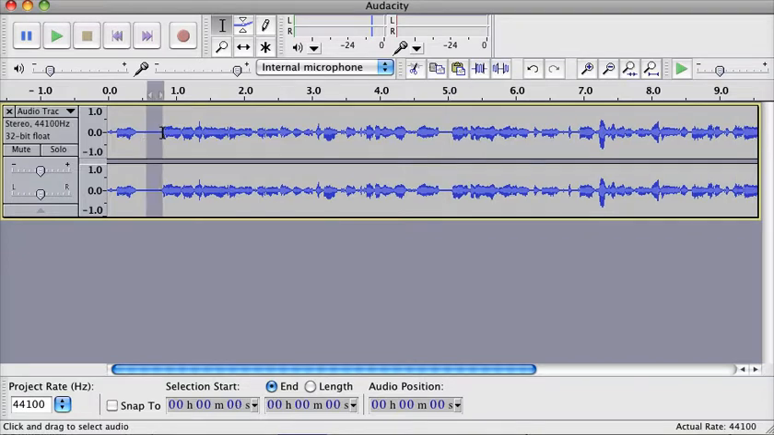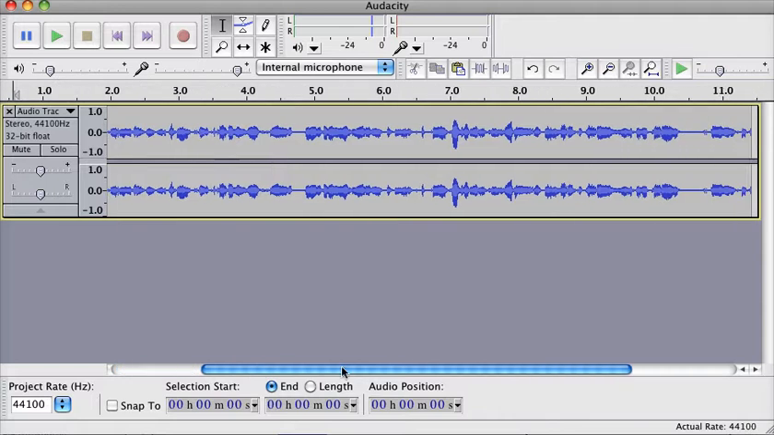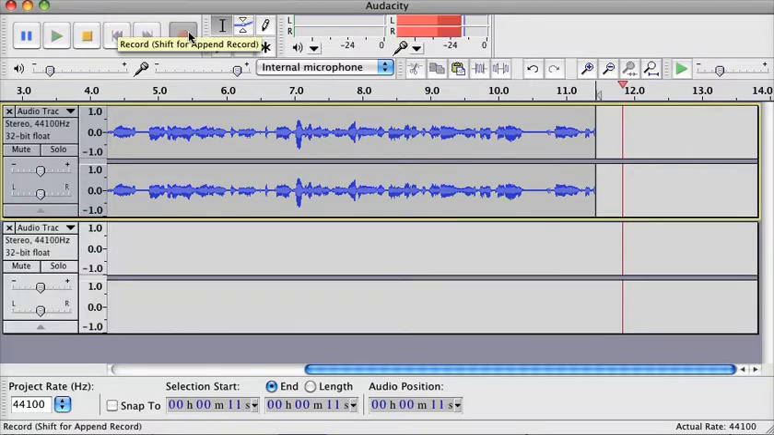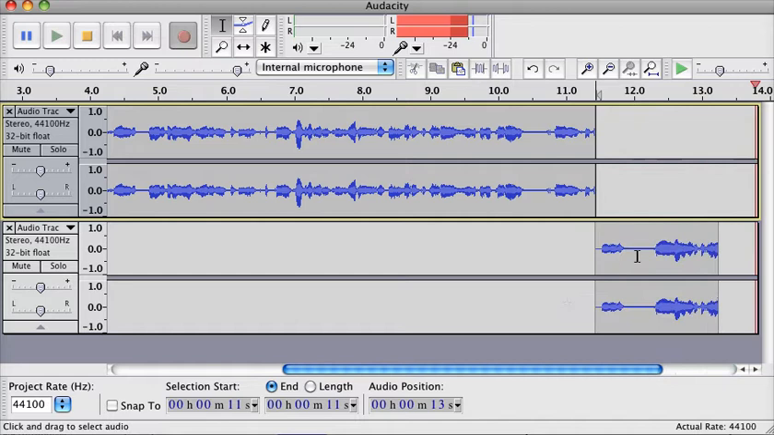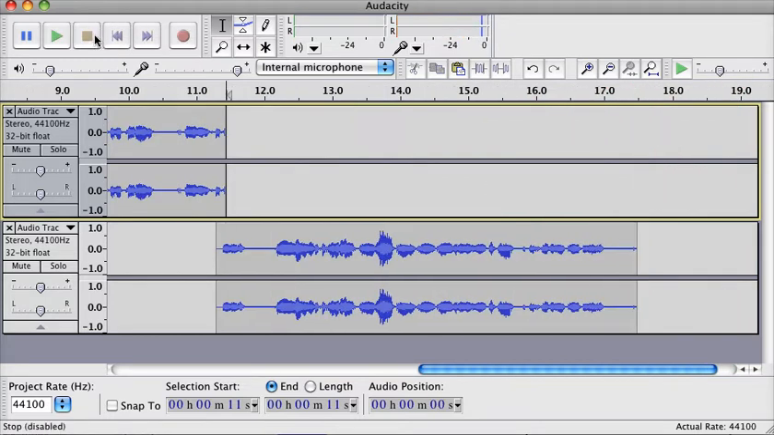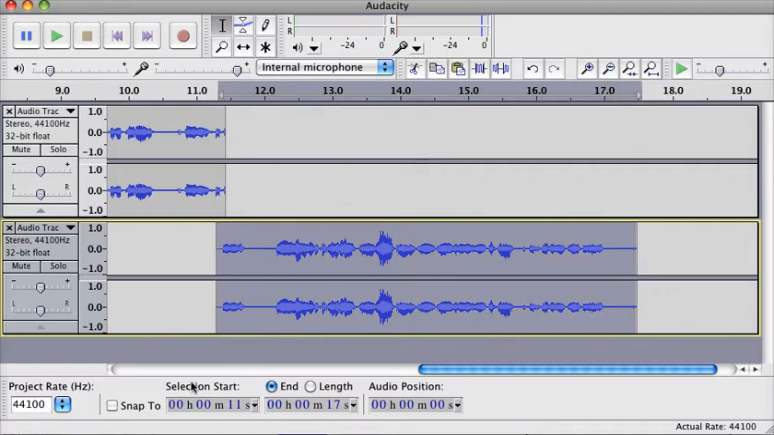Now, let's just say that that's my first slide, and now I want to move on to my recording for my second slide. All I have to do is place my cursor at the end of the first track, and I'm just going to click record again. And you'll notice that the audio does start laying down on a new track, but what we're going to do then is, once we're done recording, highlight that track